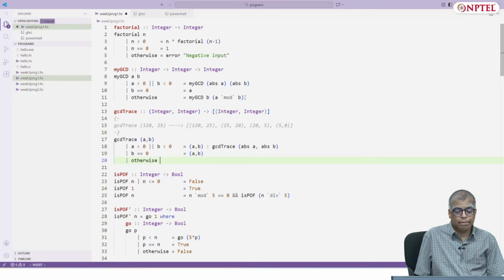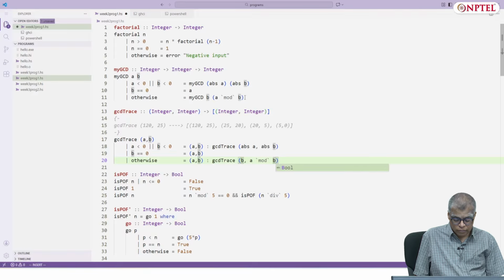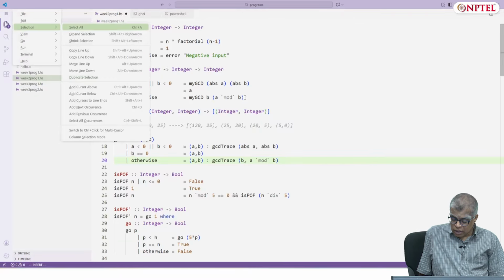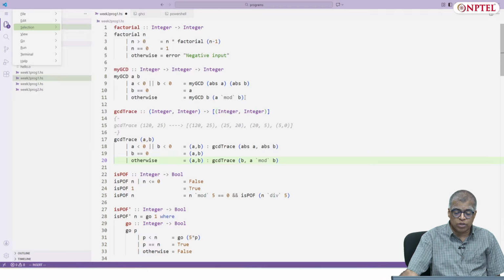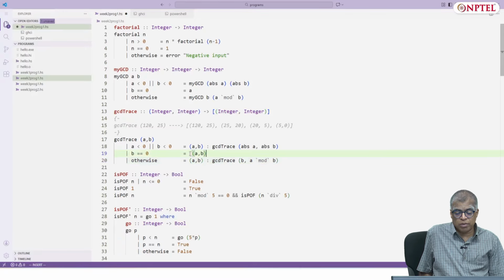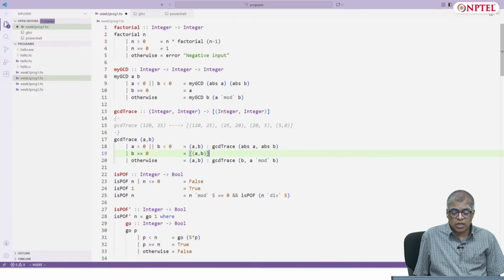Otherwise, it is A B followed by GCD trace of B and A mod B. In the case when B is equal to 0, you have to return the singleton list A B, not just the pair, but a singleton list containing the pair.